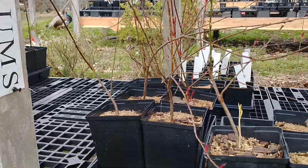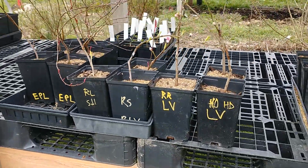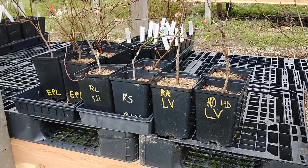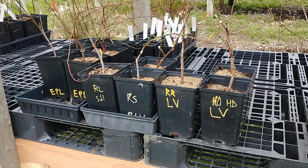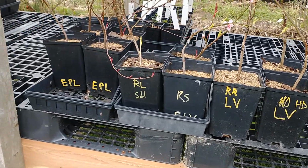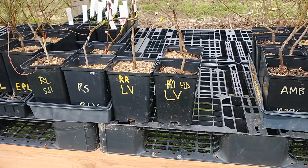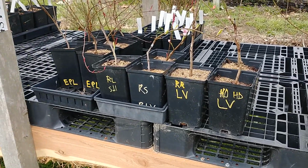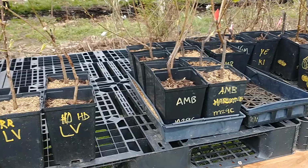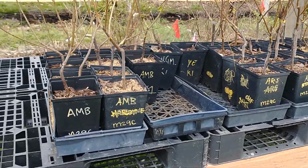Some purple leaf peach. Okay, guys, these are all of our peaches this year. We tried to order in some larger trees from White Oak, and everyone is out. So, first come, first serve on the peaches. We've got 1 Reliance, 2 Redskin, 1 Raritan Rose, and 2 Harrow Diamond. And that is going to be it for the season. Sorry about that. We've got a lot of AU Rosa,